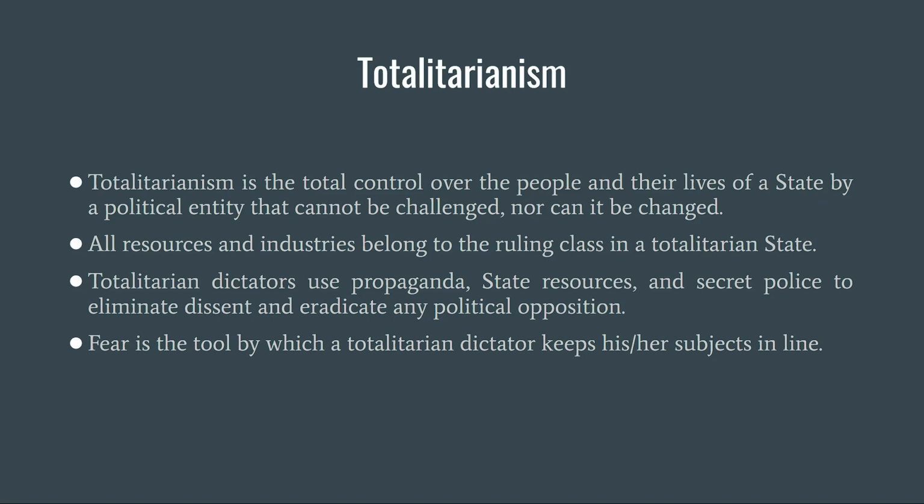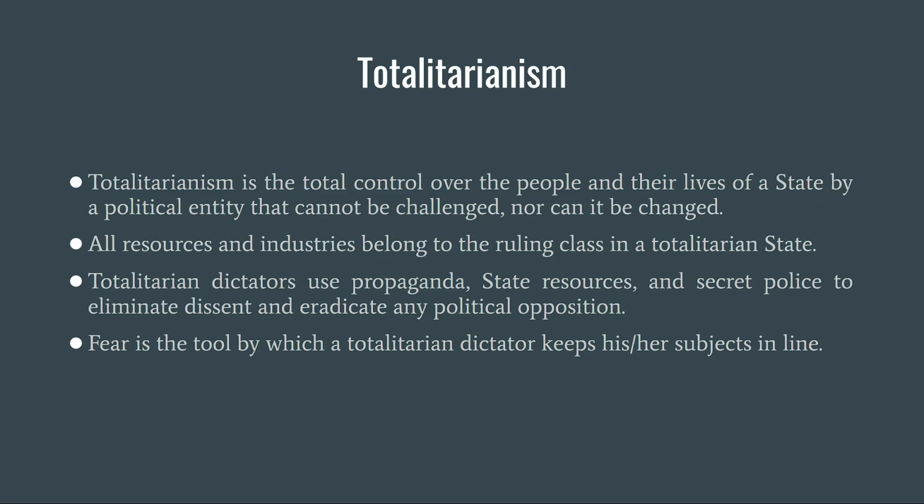So, in that state, we will see that the industries, the businesses, and every important aspect of the state is controlled by the ruling party or the ruling class. Totalitarian dictators use propaganda, state resource, and secret police to eliminate dissent and eradicate any political opposition. So, in a totalitarian state, there is no political opposition, and if any people want to gather around and they want to talk about politics, secret police will break them up, secret police will persecute them,